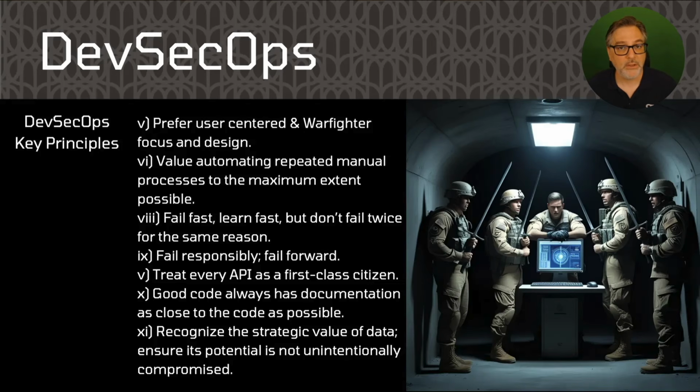Next up, number 10, good code always has documentation as close to the code as possible. In the API world, this is particularly true. We talked about in Agile, functional software over documentation. The API documentation is referring primarily to OpenAPI spec files or Postman collections, preferably the spec files because that's an open standard. However, one of the fundamental problems is that organizations don't have good documentation, and they certainly don't have